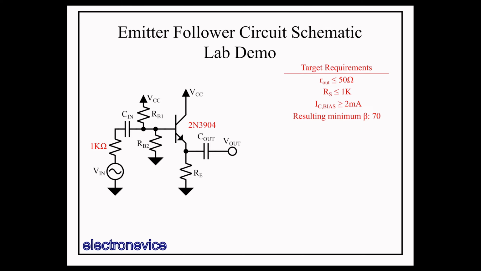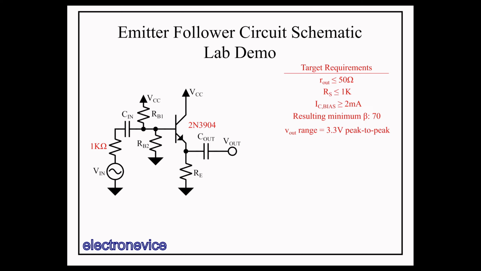To set our emitter resistor, we need a target output peak-to-peak voltage range. Going with our theme of driving ADCs, we'll set our requirement to match the voltage range for the ADC128S102 with a 3.3 volt rail, which is 3.3 volts peak-to-peak.